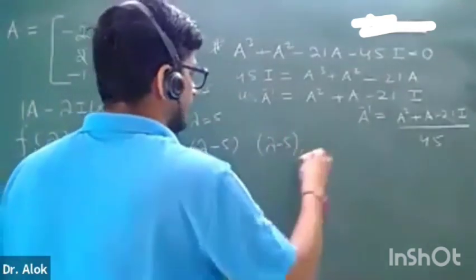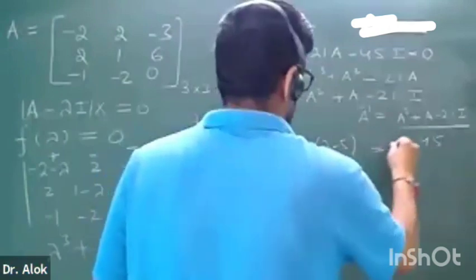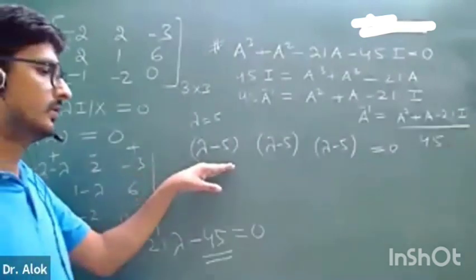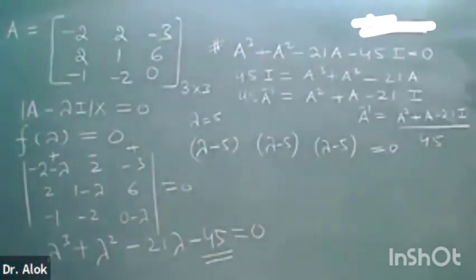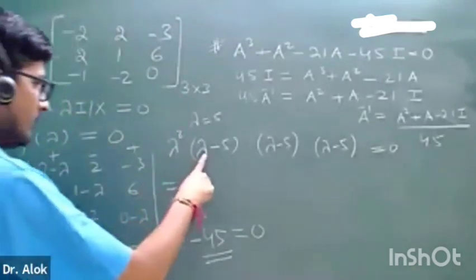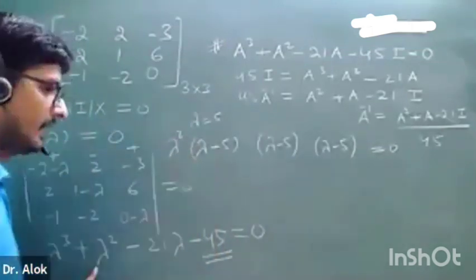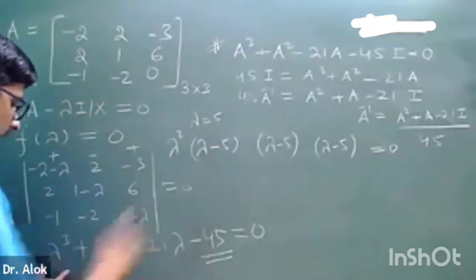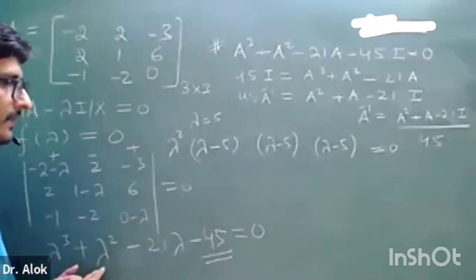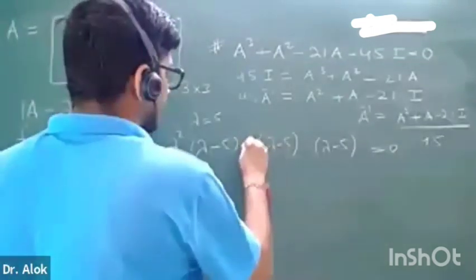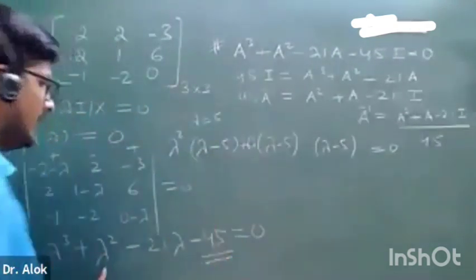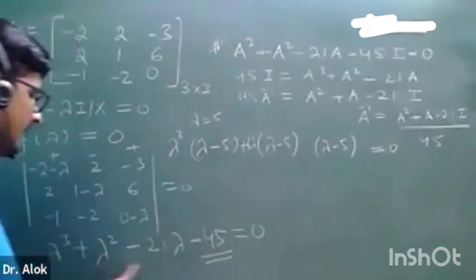I will write this same equation here because I know this is one of the roots. So I have written lambda minus 5, lambda minus 5, lambda minus 5. Here it will become lambda cube minus 5 lambda square, correct? Lambda cube is okay, but here comes minus 5 lambda square, and here we have lambda square. So what I will write? Plus 6 lambda, so that 6 lambda square will make it lambda square. Then you have got minus 30 lambda, but here it is